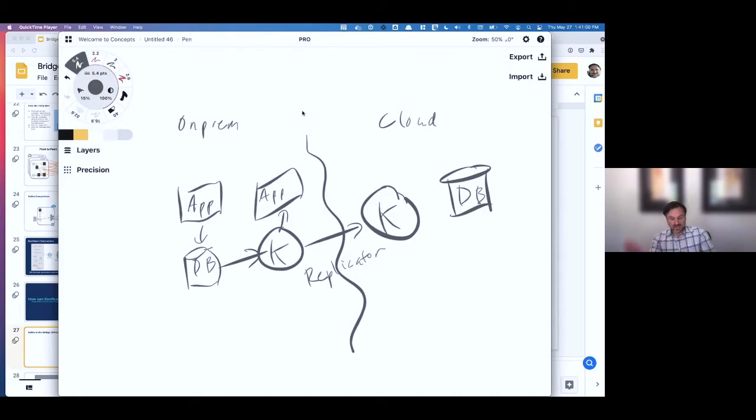And again, once it's in the cloud, what can you do with it? Well, you can use this Connect framework, and this database over here can say, hey, I want a copy of that. And now you've got this complete data pipeline that will allow you to capture any changes that are happening within that database and put them into your local Kafka cluster, replicate that to your cloud Kafka cluster, and then anyone in the cloud can consume it locally.